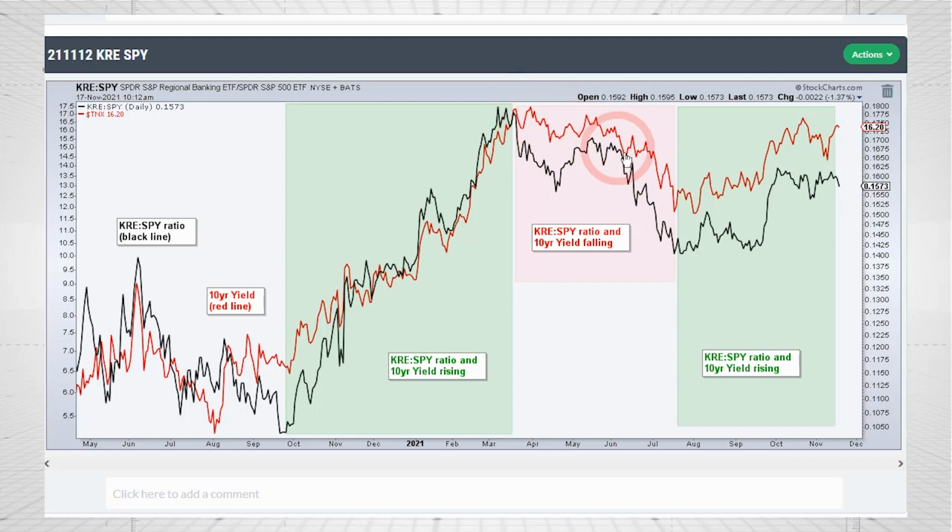You can see the 10-year yield falls and regional banks underperform SPY. And now we can see the 10-year yield is rising and regional banks are outperforming. Now, of course, this isn't a straight line and this isn't a perfectly linear relationship. There are lots of zigs and zags. I'm just trying to get the broad stroke here and decide whether a rising 10-year yield is positive or negative